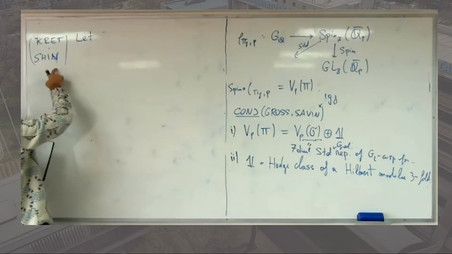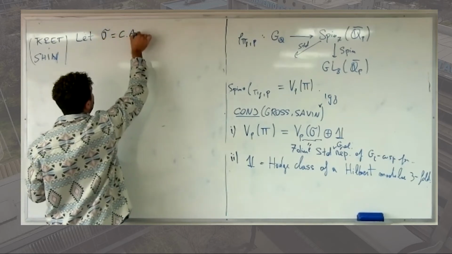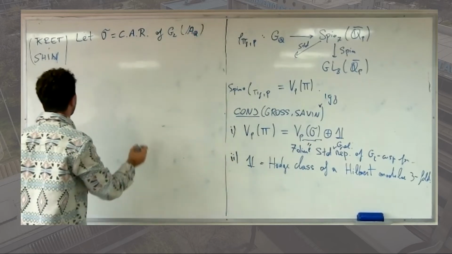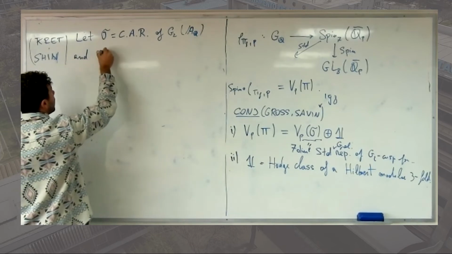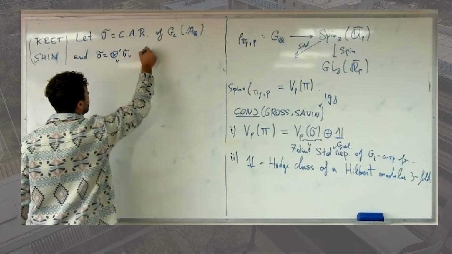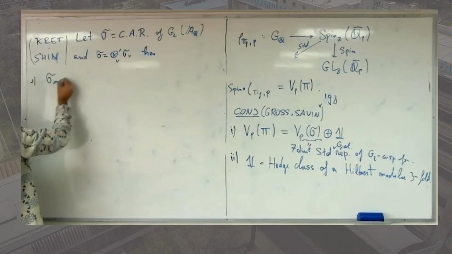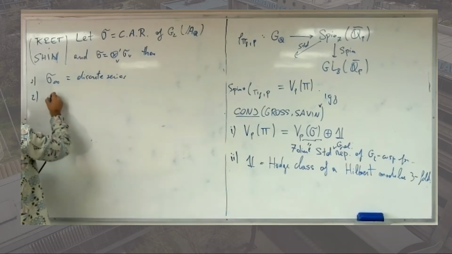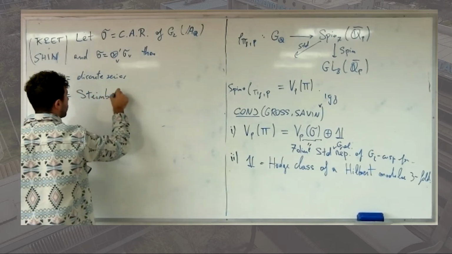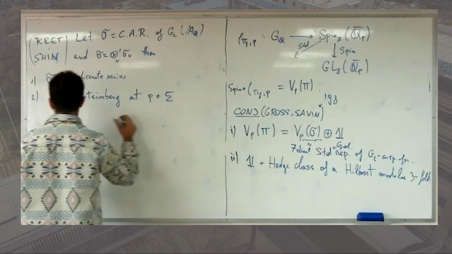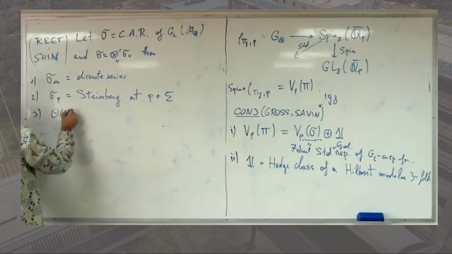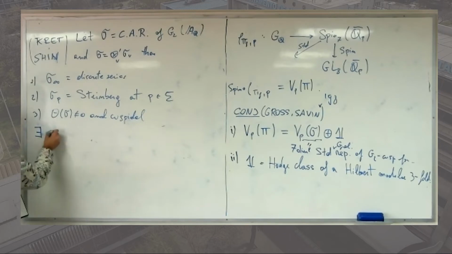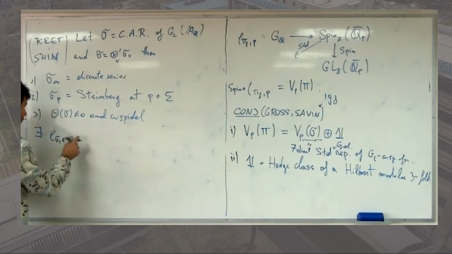So from the method of Taïbi and Shin, one can say the following. Suppose that sigma is a cuspidal automorphic representation of G2 over A_Q. Suppose that sigma is equal to the restricted tensor product of the sigma_v, and one has the following: sigma infinity is a discrete series, sigma p is Steinberg at a finite place, and the theta lift of sigma is non-zero and cuspidal. Then they prove that there exists rho sigma L such that,